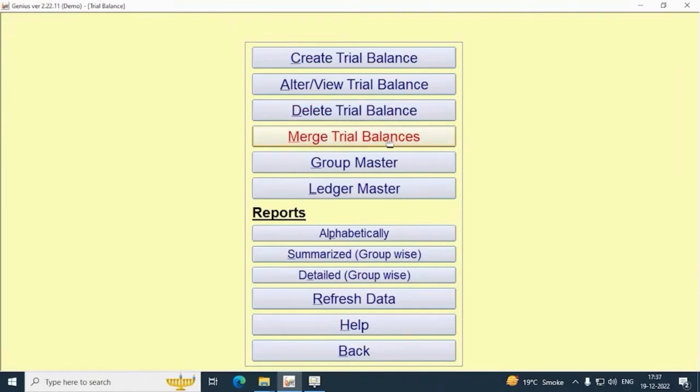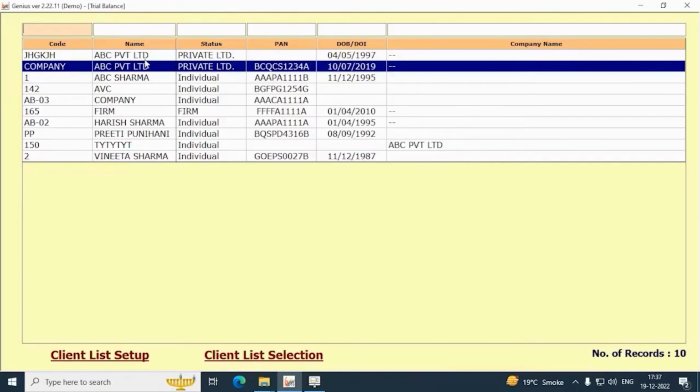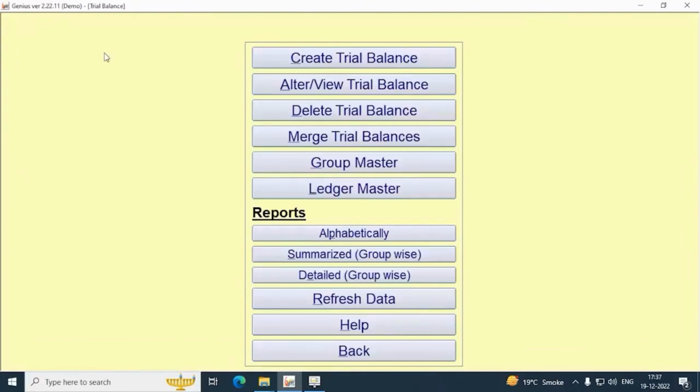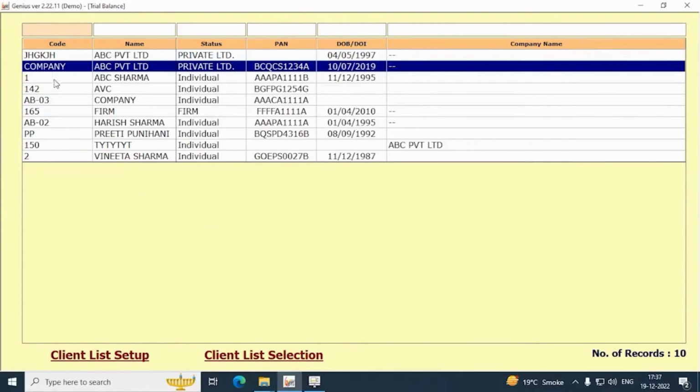You can merge the trial balance of two different companies that exist in the software into one trial balance. We have also provided some basic reports there, like you can see your clients alphabetically or a summarized, detailed, group-wise report.